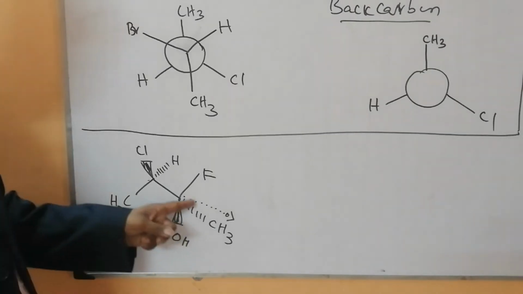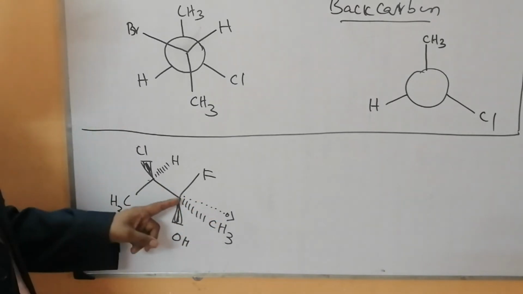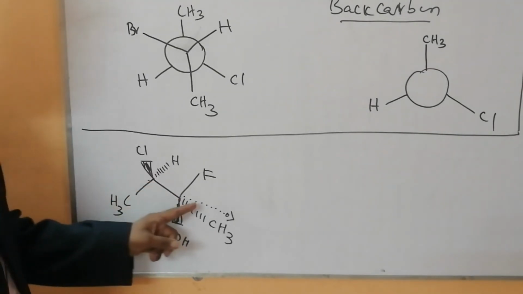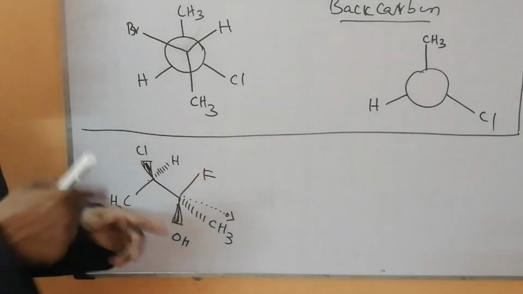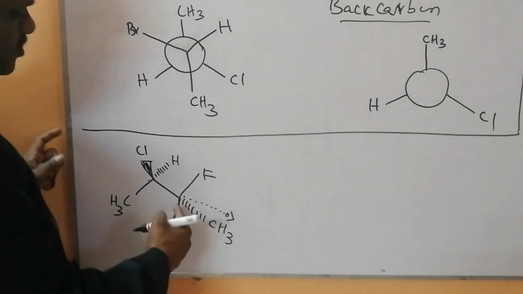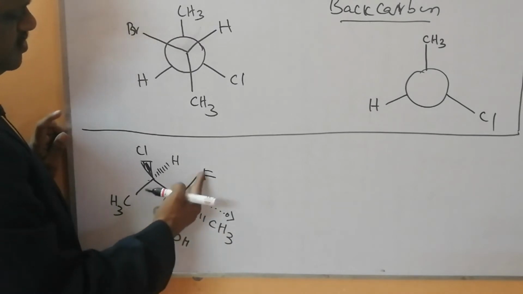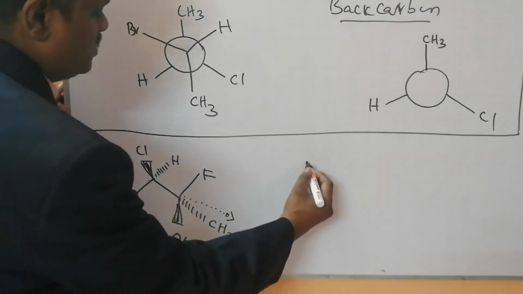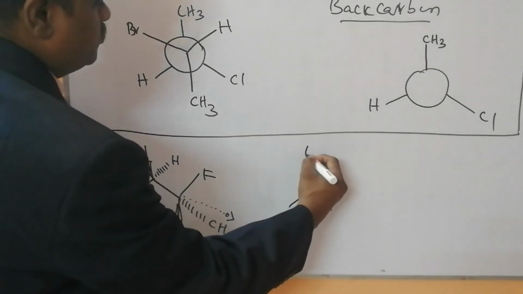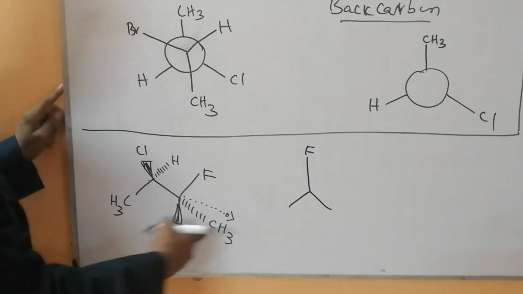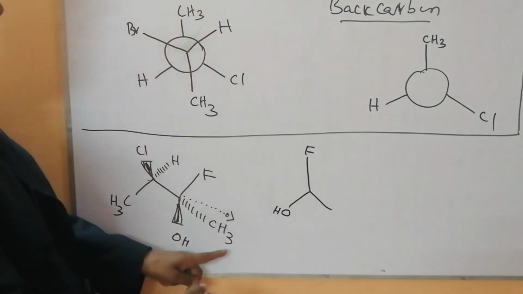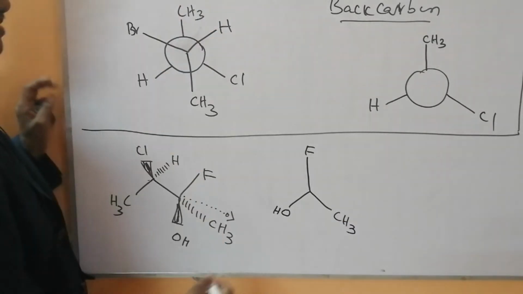Here the view is from this angle. So this is your front carbon and this is your back side carbon. Now how do you draw? The front carbon may be in the Y form, it may be an inverted Y or any form. So you see, you are viewing from this angle, this is moving up, so it is like this, moving up, and here this is fluorine. As I told you, you can put it anywhere. The OH I am putting here on the left-hand side, and the methyl I am keeping on the right-hand side. This is your front carbon.